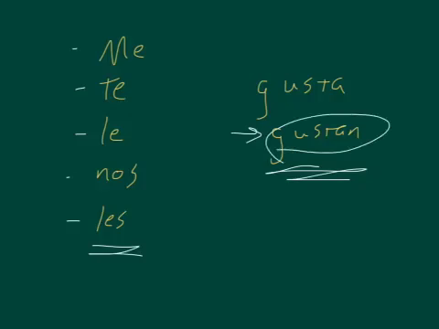There's more than one car, so we're going to say gustan. It's pleasing to me, so we're going to use me. And you put the me before the gustan, and you put the thing that you like after the verb. So I know this is kind of weird, it's counterintuitive, but this is what you do. So if we said, I like cars, you're going to say, me gustan